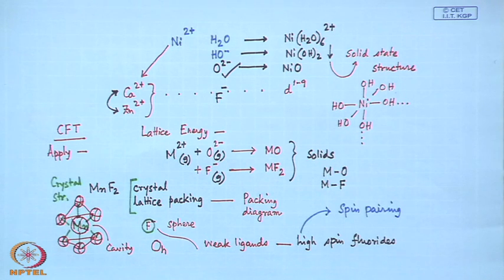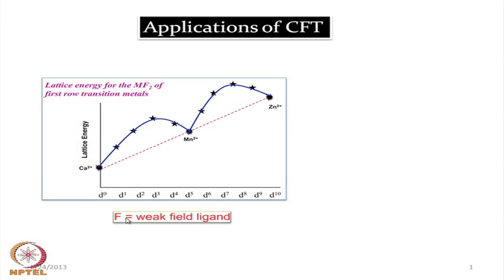So, when we get these values, we have a double humped curve. We have to be able to justify this double humped curve, where we can get these values for the corresponding transitions from calcium 2 plus to manganese 2 plus to zinc 2 plus. We have these fluoride anions, which are weak field ligands showing the corresponding octahedral geometry, and we determine the corresponding experimental values for the lattice energy and